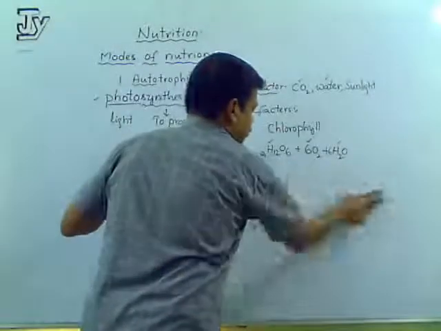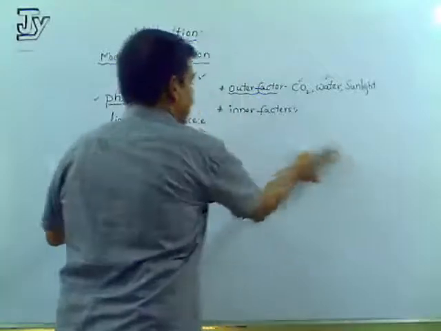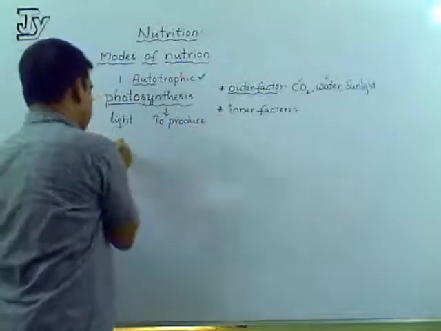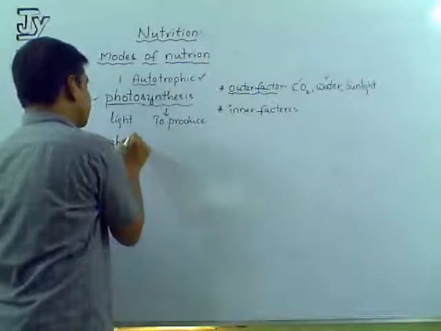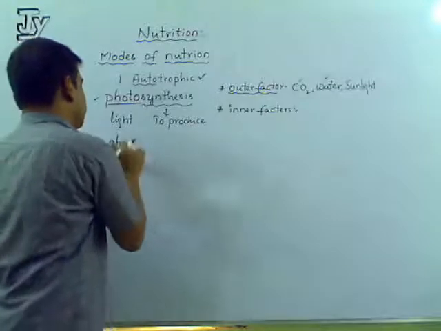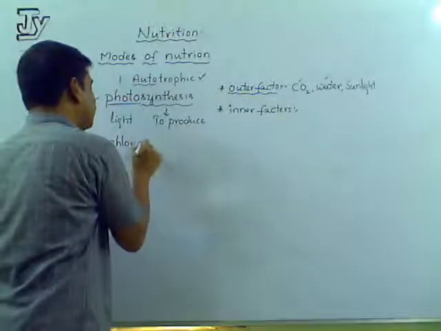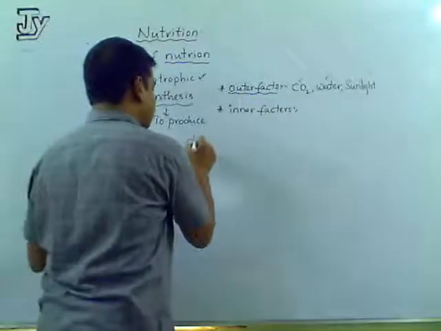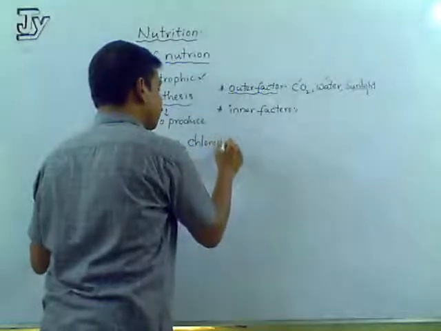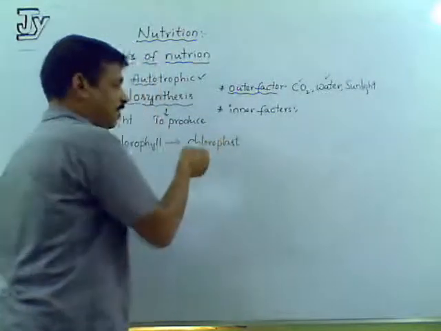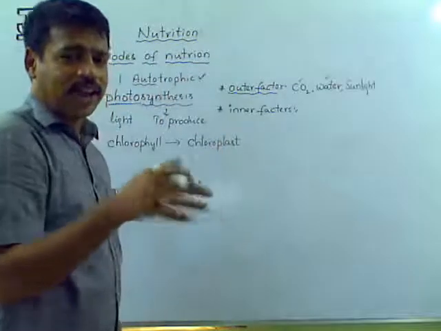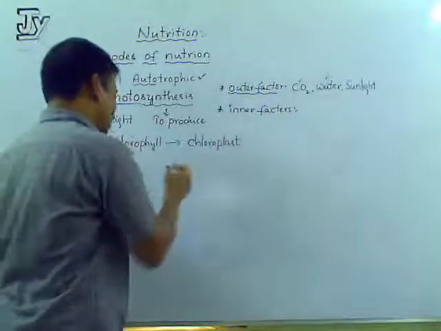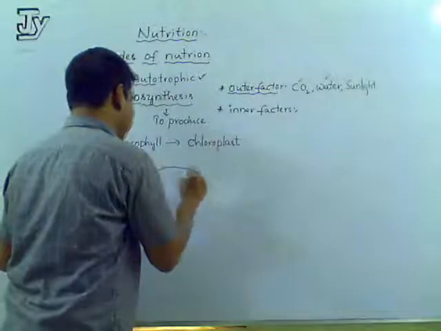So mainly in green plants we observe chlorophyll. Chlorophyll is a green pigment. The cells of chlorophyll are called chloroplasts. So let us discuss the structure of the chloroplast, and only then can we discuss how oxygen is liberated in photosynthesis. Okay, so when we observe the structure of chloroplast,